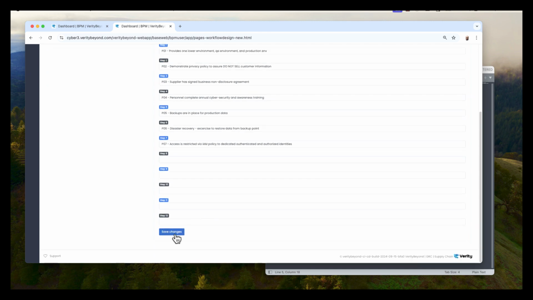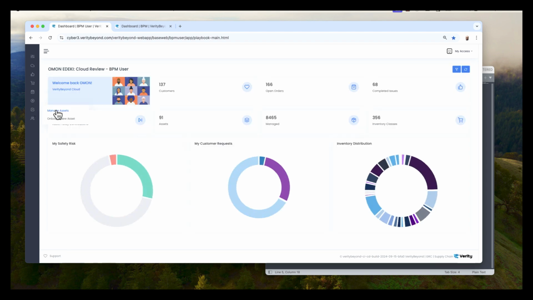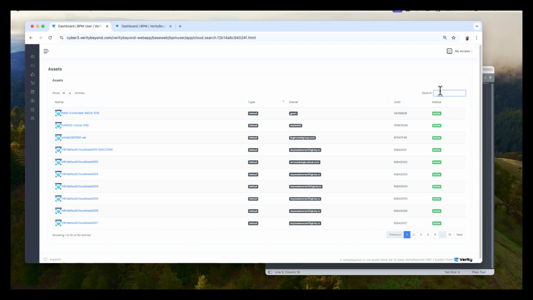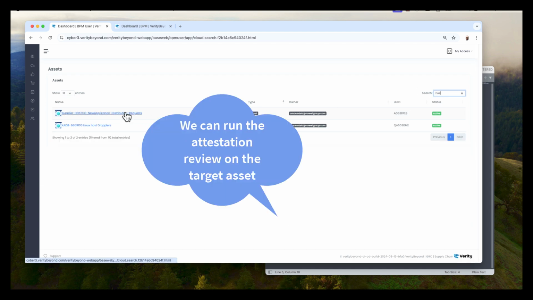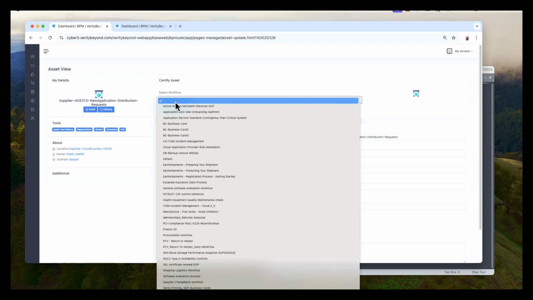So I will save this, and then I've stood up the new application that we want to potentially connect to this test organization. We define the asset, define the code, the risk level I'll say is medium, and then you just simply submit it. All right. So as part of the exercise, you just come into the system and select the application that's of interest. So this is the new target application. This would be an exercise that the business owners, the leads in the organization, will run through as part of the general attestation